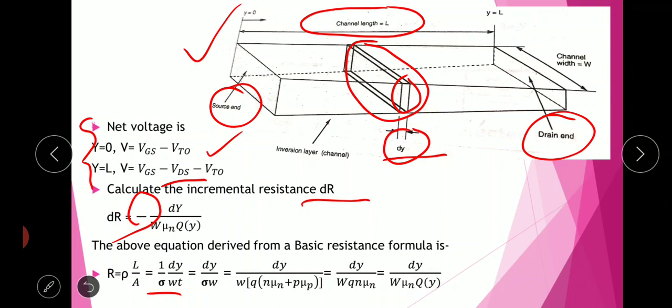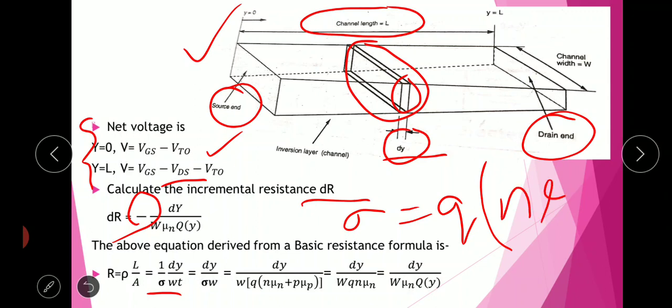Then the sigma value is charge, then number of electrons, then mobility of electrons, plus number of holes, then mobility of holes. So this is the formula of conductivity or sigma. But in this MOSFET, the current flow only depends on electrons. Because of that, we neglect the hole part, we only consider this part. Because of that, we write dy by w